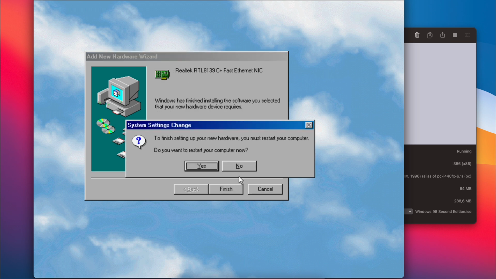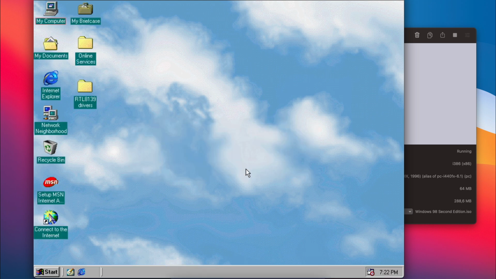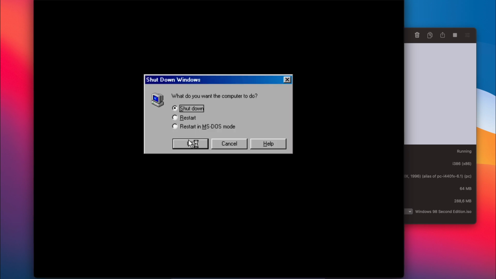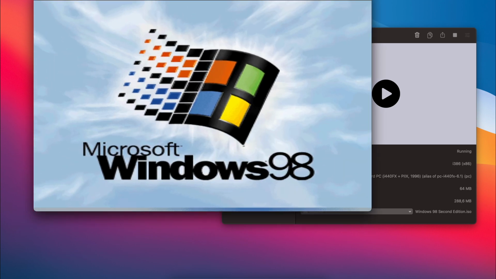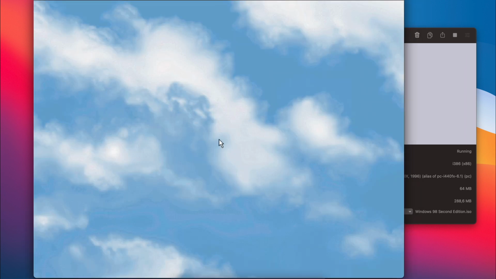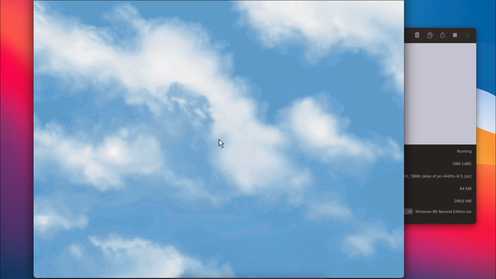For the rest of the hardware detected, repeat the same steps as before. When you eventually end up on your desktop, shut down the VM and power it back on. When the system comes back, more hardware, like the IDE controller, is getting detected and another reboot is required. It took a lot of steps, time and reboots, but if you're still following at this stage, all drivers are installed and all components in our Windows 98 SE installation should be fully functional.